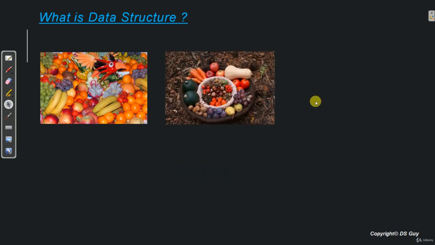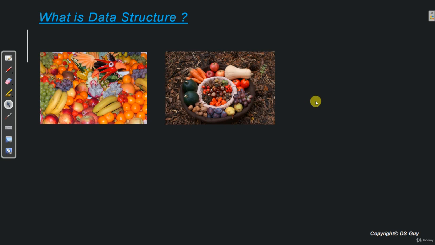Now let's say we have a basket of vegetables and fruits, and as we can see here they are not organized. So let's say if we want to pick up a few apples and a few oranges from this basket. So you clearly see that we have some problem here. And what is the problem? The problem is, since the items are not in an organized way, picking up apples and oranges will be a little difficult. But how about this basket?